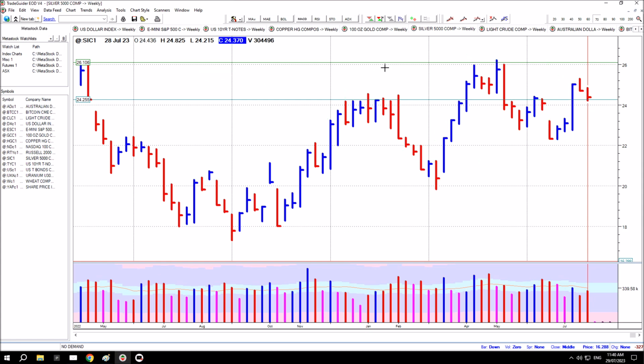If I just clear this off so you can see more clearly, if the range is from here to here as price moved higher, and this is where the market is attempting to consolidate at the moment, if you take the 50% level of this range, say here,